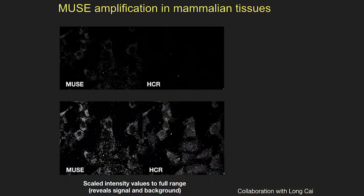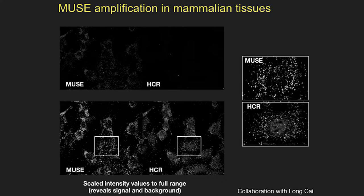One of the nice things about this technology is that it gets close to and exceeds the capabilities of HCR. By having that two-step labeling technique, what we get is greater signal. This is HCR at its normal intensity. If I histogram equalize them and then blow them up, you can see that it's a lot easier to do